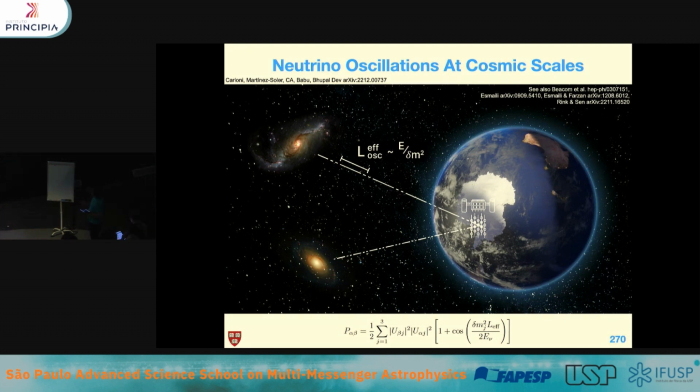So remember that the neutrino oscillation length depends on energy divided by mass squared difference. We have measured neutrino oscillations in the Earth, but now you can actually see these extragalactic or extraterrestrial sources. And so the question is if you could see oscillations now at these length scales. This is the formula that you get in general if you do not average over the oscillation length. Remember, I showed you this in a version where this was averaged out, right? So suppose now that your oscillation length is comparable to your oscillation scale. You get this equation here.